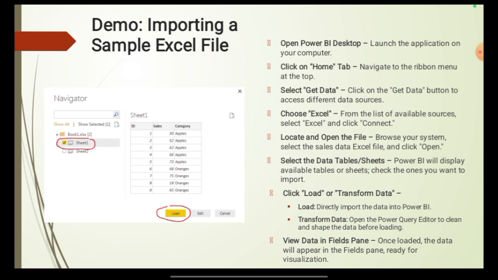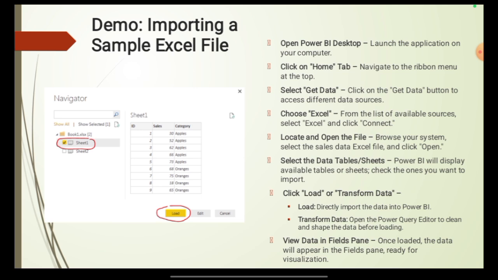Power BI will display the available tables or sheets within the file. You can select the ones you want to import. Next, you can choose to either load the data directly into Power BI or select Transform Data to open the Power Query editor for cleaning and reshaping the data. Once loaded, the data will appear in the Fields pane on the right side, ready to be used for creating